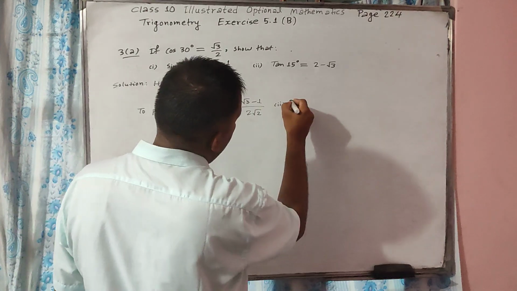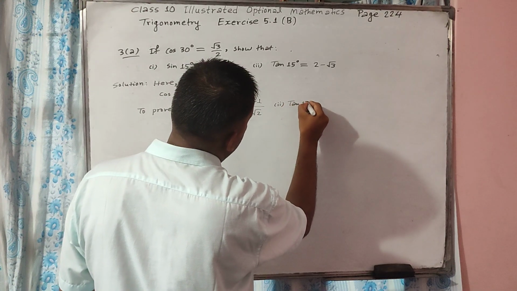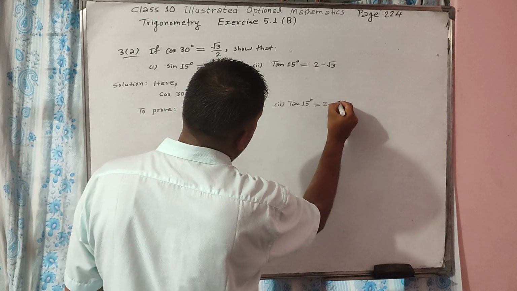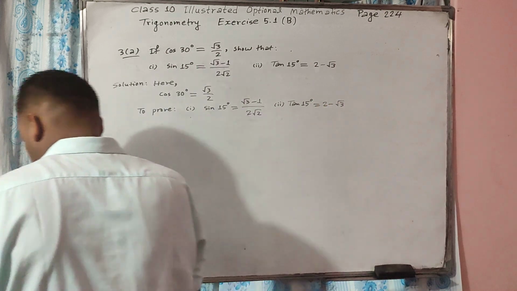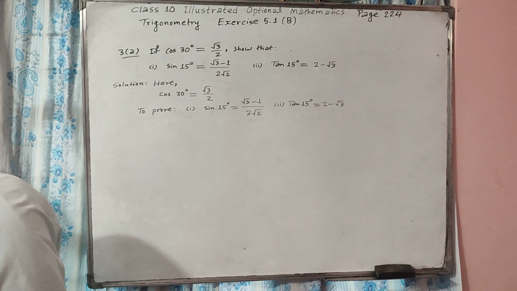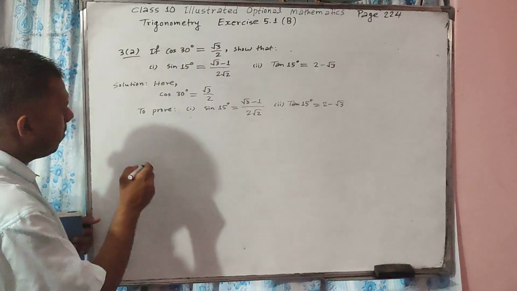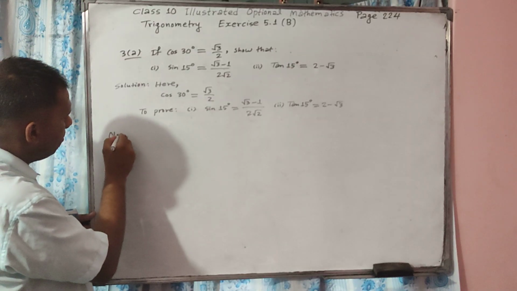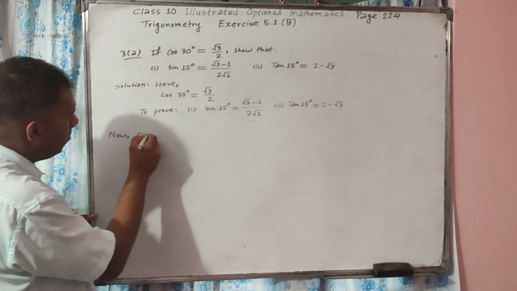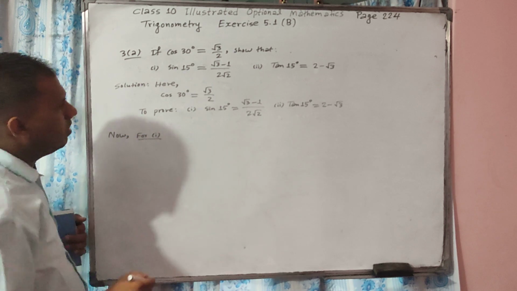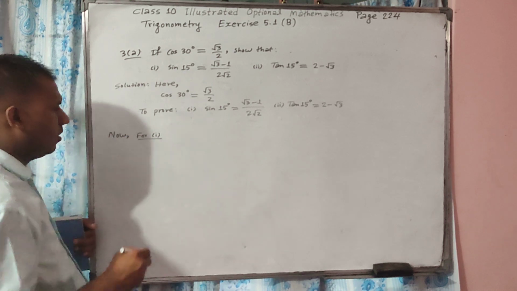Number 2, tan 15 equals 2 minus root 3. Now for 1, we know that